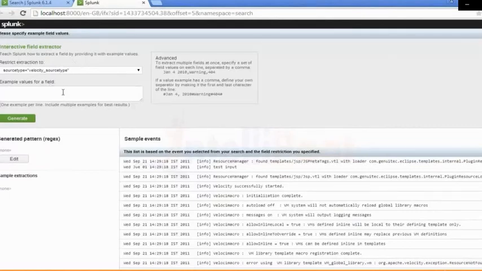Okay, this is basically an interactive field extractor. Whatever query you have written, I mean the kind of event you have written, it is a source type velocity_source_type. Here you have the host name, localhost, or a source. Anything you can select. So here is a source type. Source type equals velocity_source_type, and then